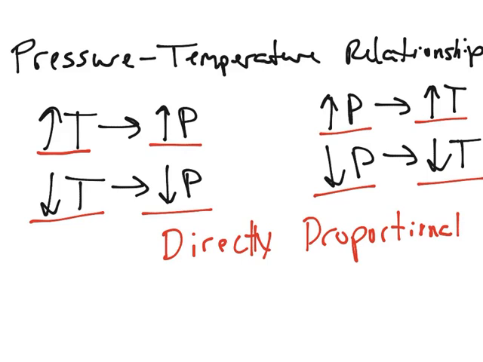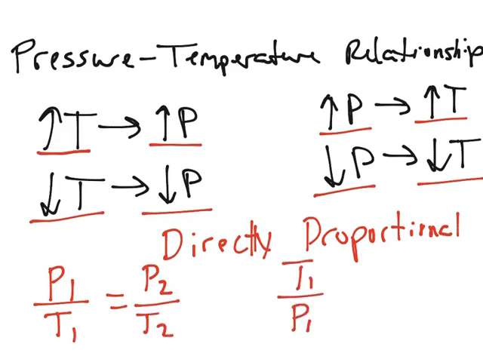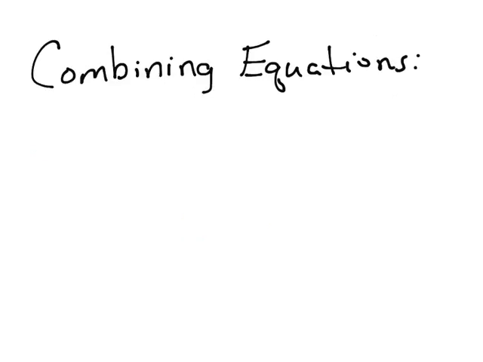So again, it makes sense that our equations then read the initial pressure divided by the initial temperature in Kelvin has to equal the second pressure divided by the second temperature, or the initial temperature divided by the initial pressure has to equal the second temperature divided by the second pressure. Now you can actually combine all of these equations into one,